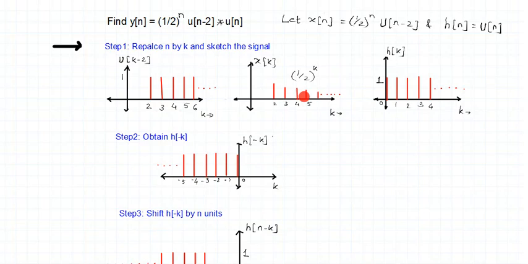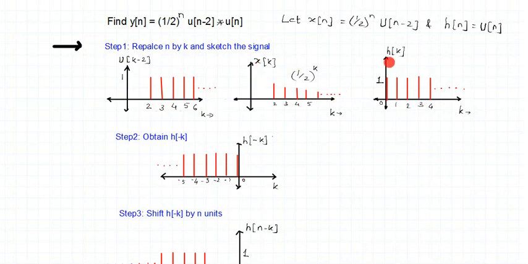Similarly, if I go ahead, what do we observe? That the magnitudes go on decreasing. The magnitude of each and every sample goes on decreasing, and hence the final sketch of x[k] are the samples which start at 2 and have magnitudes which decrease with a factor of (1/2)^k. So these are the samples which contribute to x[k].